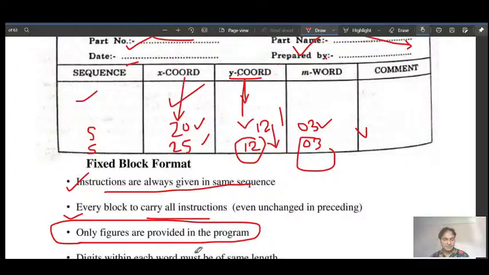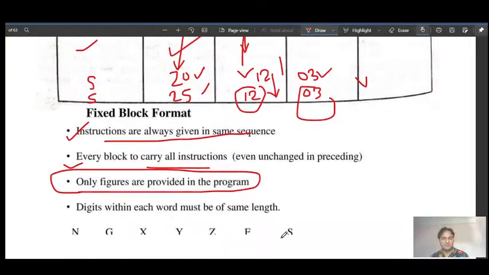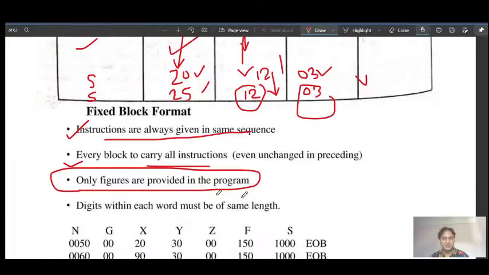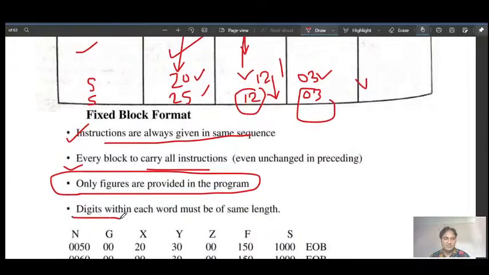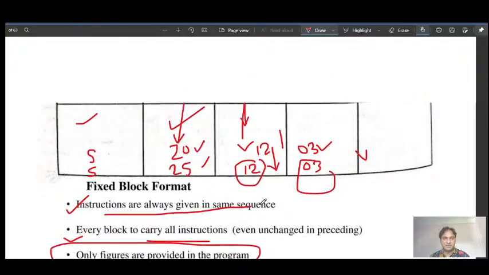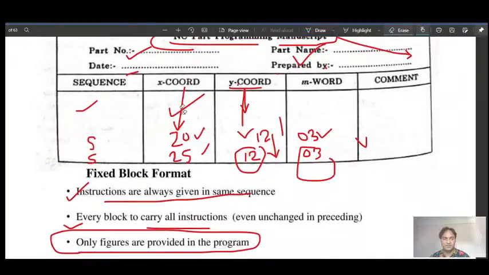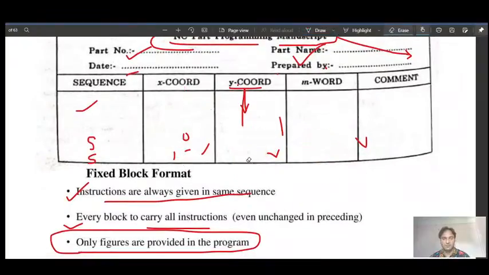Digits within each word must be of the same length. So it states that, for example, in the x coordinate value you have to write 125 mm, and next you have to move the x coordinate value to 85 mm.